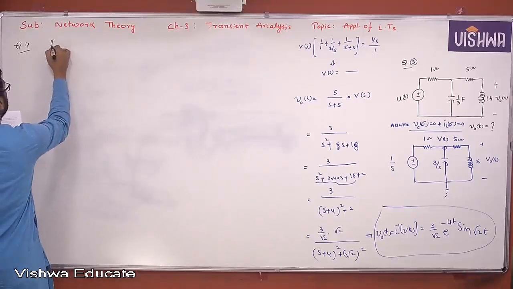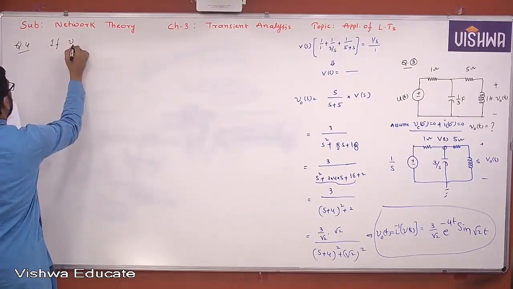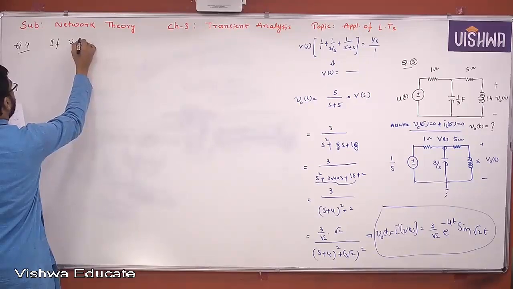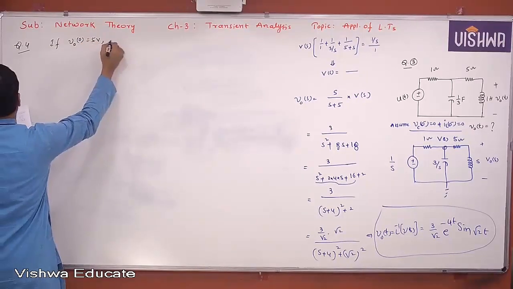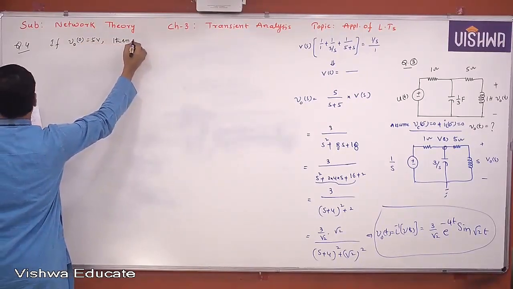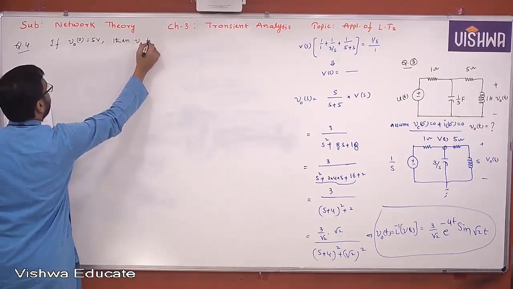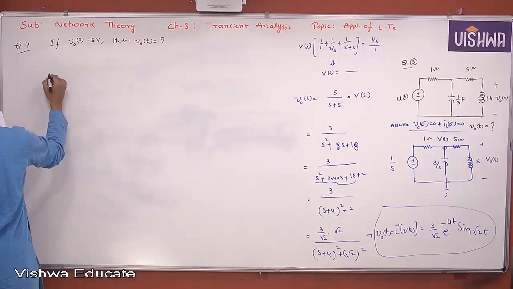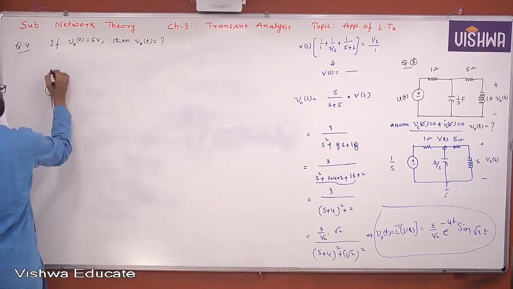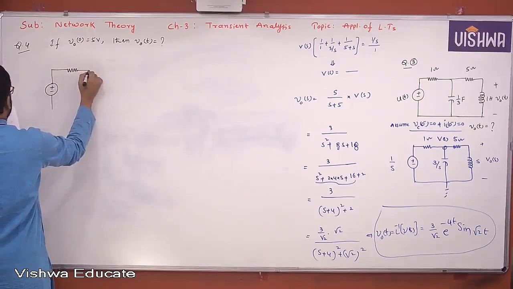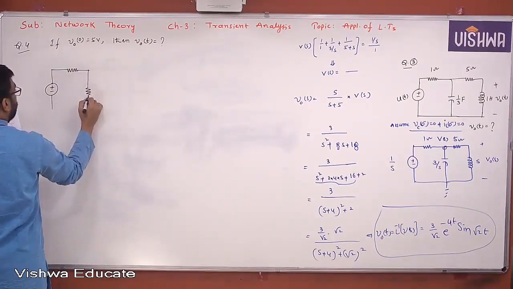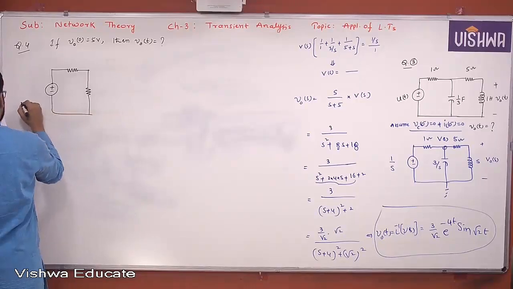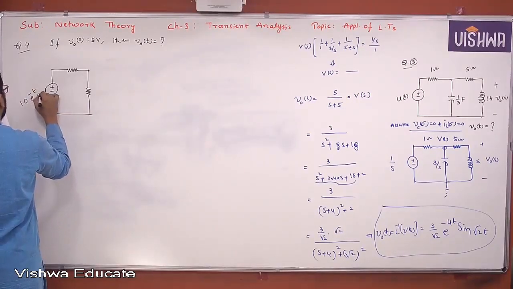If V naught of 0 is 5 volts, then V naught of t is how much? Ten e power minus t u of t,